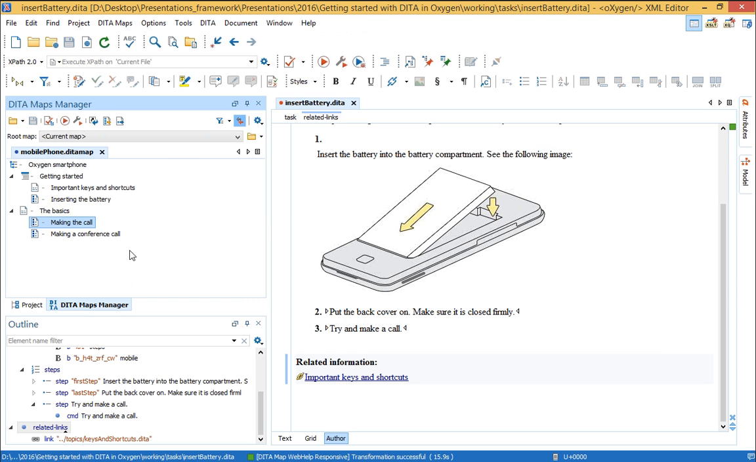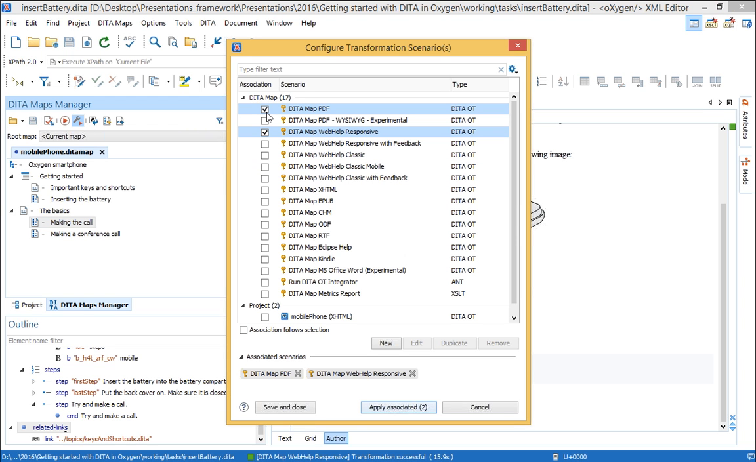Now, if you want to publish your map again, you don't have to go to the Configure Transformation Scenario dialog. You can just click the Apply Transformation Scenario button, and all those associated scenarios will be applied automatically. But I will go one more time to the Configure Transformation Scenario dialog to show you that the web help